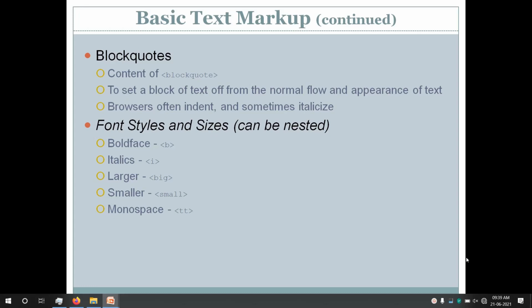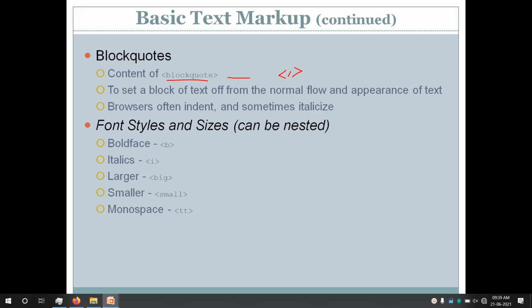Many a time while creating web pages, we may want a paragraph of text to appear different from the regular text. In such cases, we can make use of the block quote tag. The block quote tag comes in a pair, that is, we have a block quote open, then the content, and block quote closed.